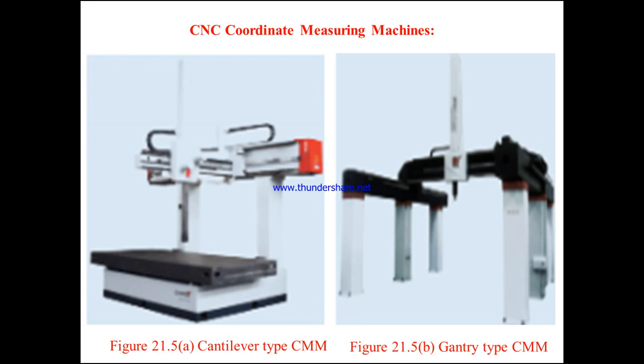The coordinate measuring machines are of different configurations, like a fixed bridge or a moving bridge, cantilever, the horizontal arm, or the gang type, whatever I am showing here. Like this we have different types of coordinate measuring machine. This machine is very useful in production units to measure accuracy. Wherever we have parts to be manufactured with more accuracy, inspection of the parts is done by using the coordinate measuring machine.